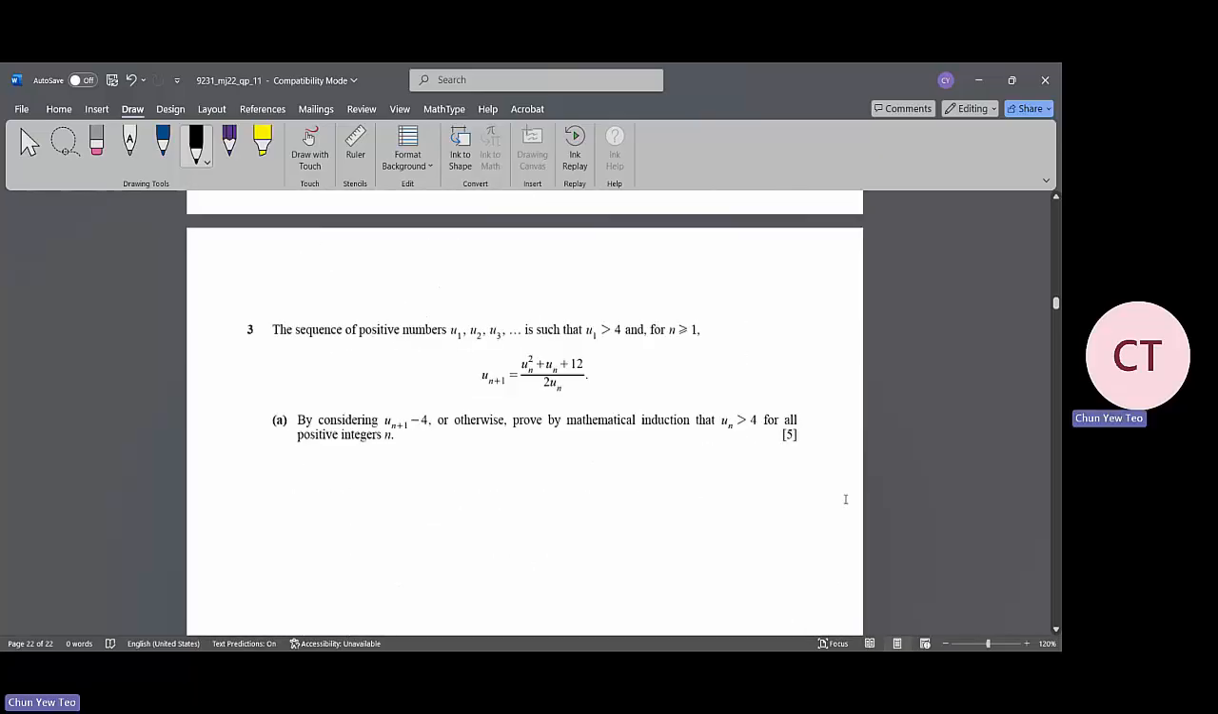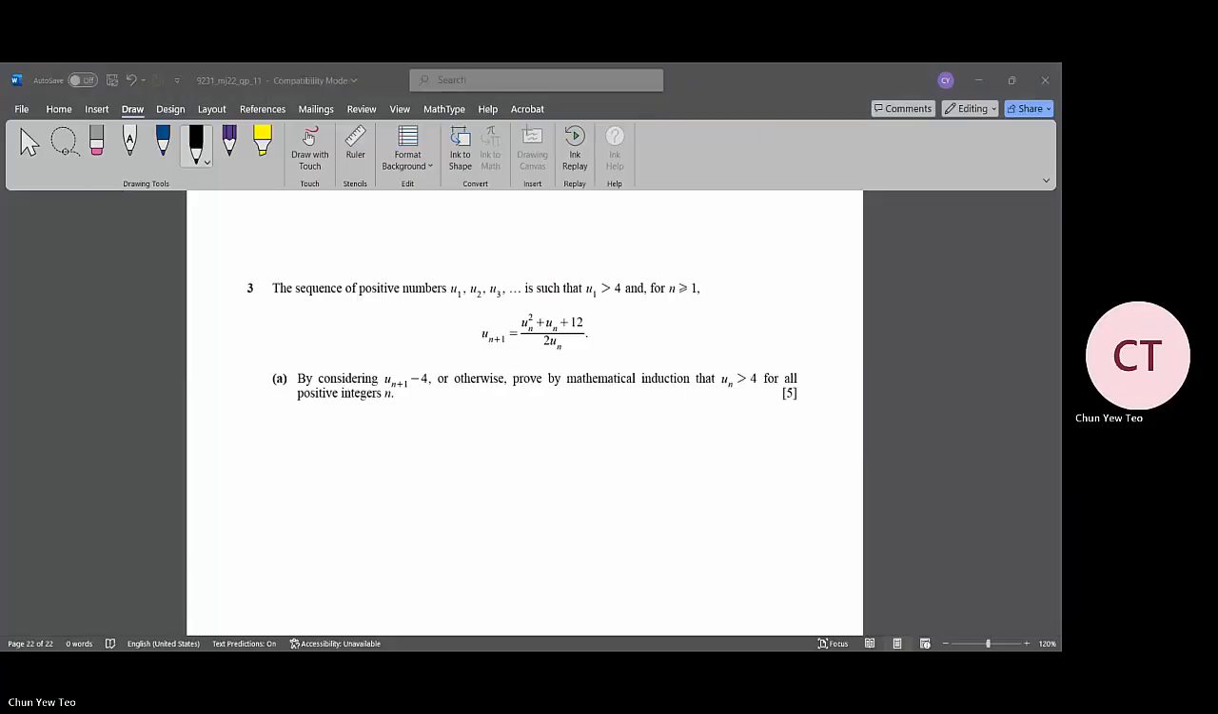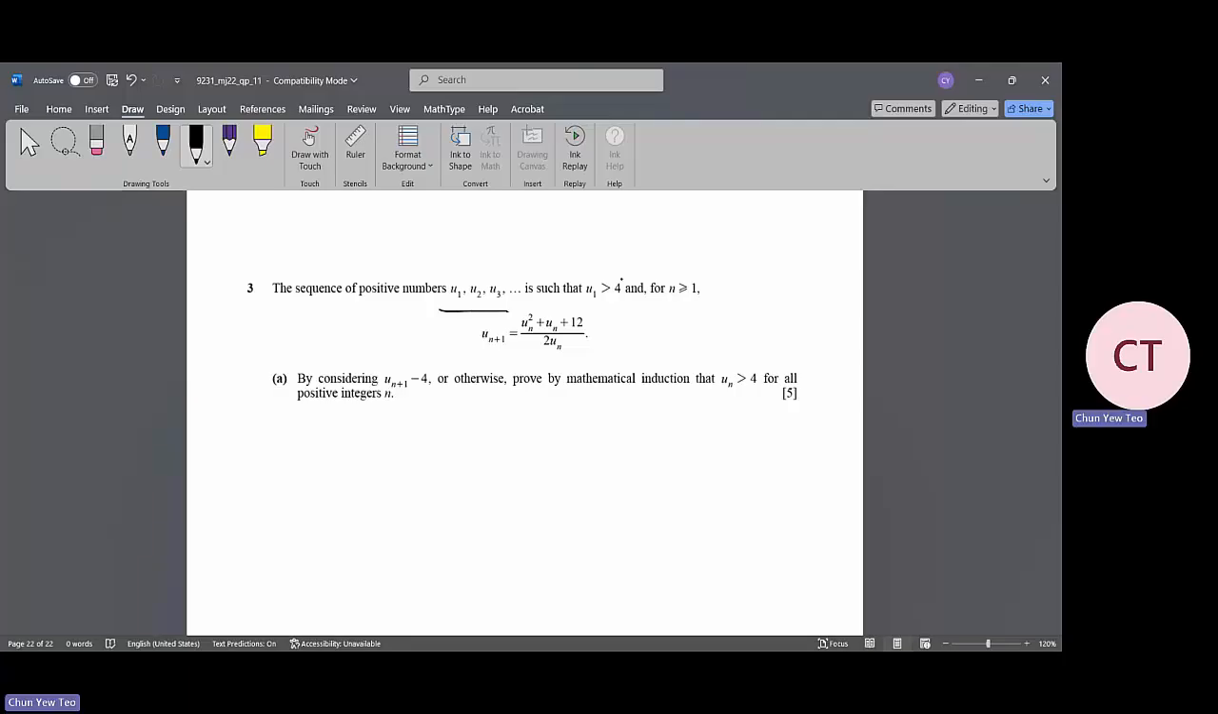So moving on, we have question number 3. A sequence of positive numbers such that u1 is greater than 4 for n greater or equal to 1, and the un plus 1 fulfills this relationship. By considering un plus 1 minus 4 or otherwise, prove by mathematical induction that un is greater than 4 for all positive integer n. So what you need to do is just say that when n is equal to 1,